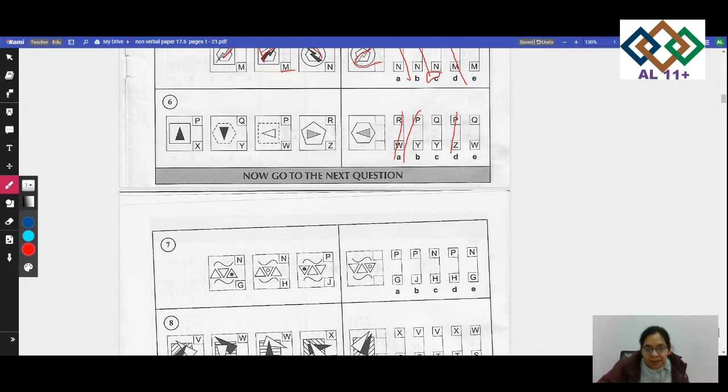If you look at the down one, my shape is something going this way here. Can you see it going in this direction? I'm just thinking what it could be. My triangle should point to the left side. So which one has a triangle pointed to the left side? If you look at the shapes, the only one pointed to the left side is W. Look here. So my answer is QW for this one.